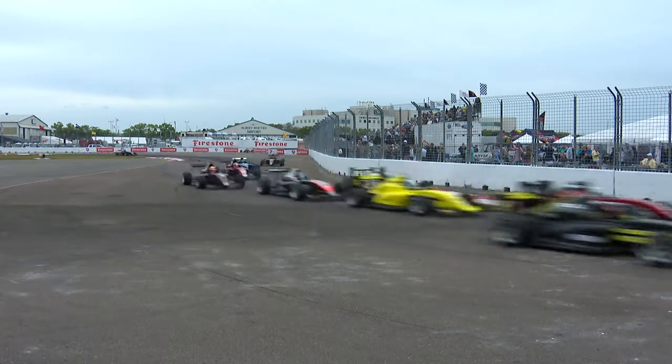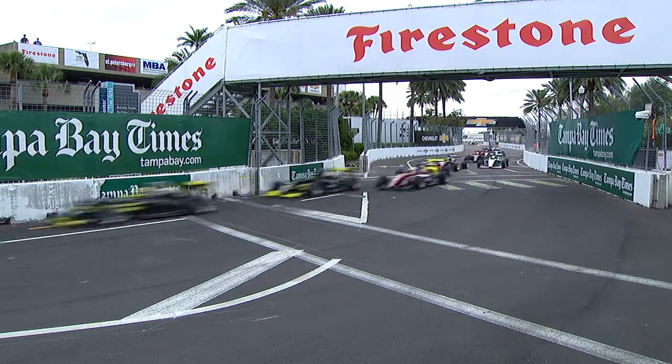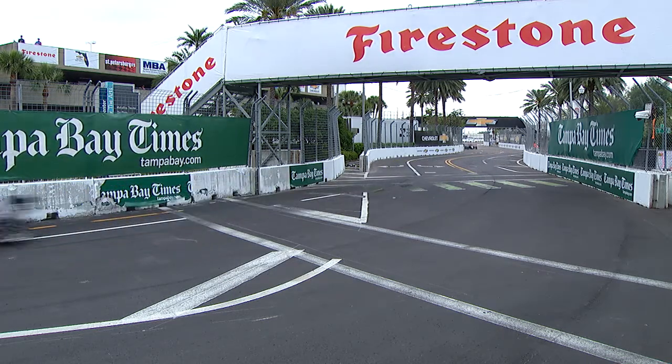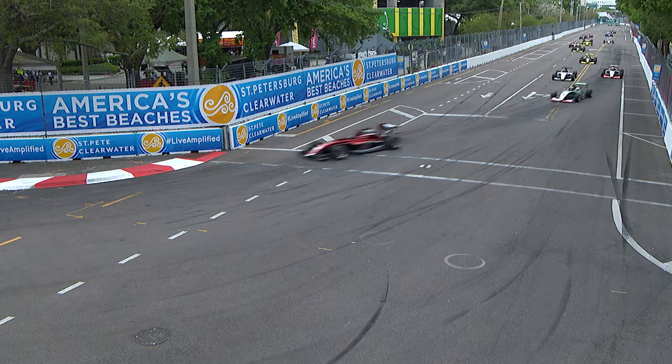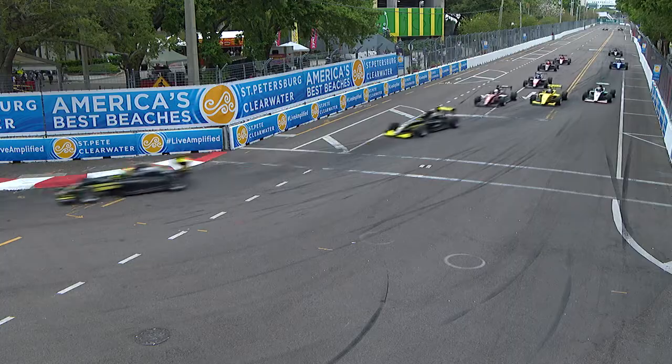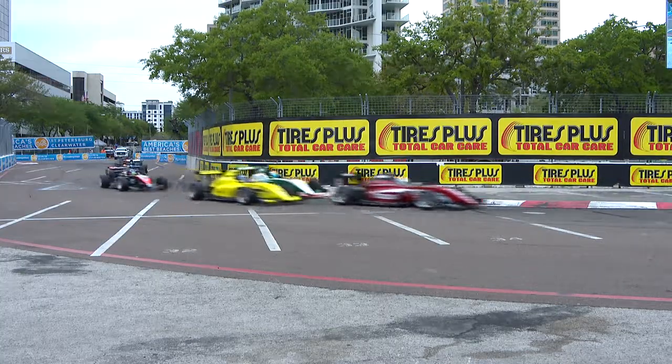Harrison Scott did what everybody does here as a rookie at the Grand Prix of St. Petersburg. Michael, they blow through turn number 1, trying to go to the bottom of the racetrack. Those eyes get so big, Rob Howden, and you get down to brake, everything closes up. Harrison Scott had to miss the entrance to turn number 1. That will shovel him back to the field, but we have battles all the way through turns 4, 5, 6,